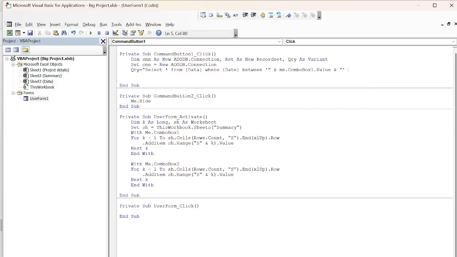and Me.ComboBox2. After that, Me.ComboBox, that's done. I don't need it actually, right? I don't need it, remove it. And after that, SELECT * FROM data WHERE date BETWEEN Me.ComboBox1